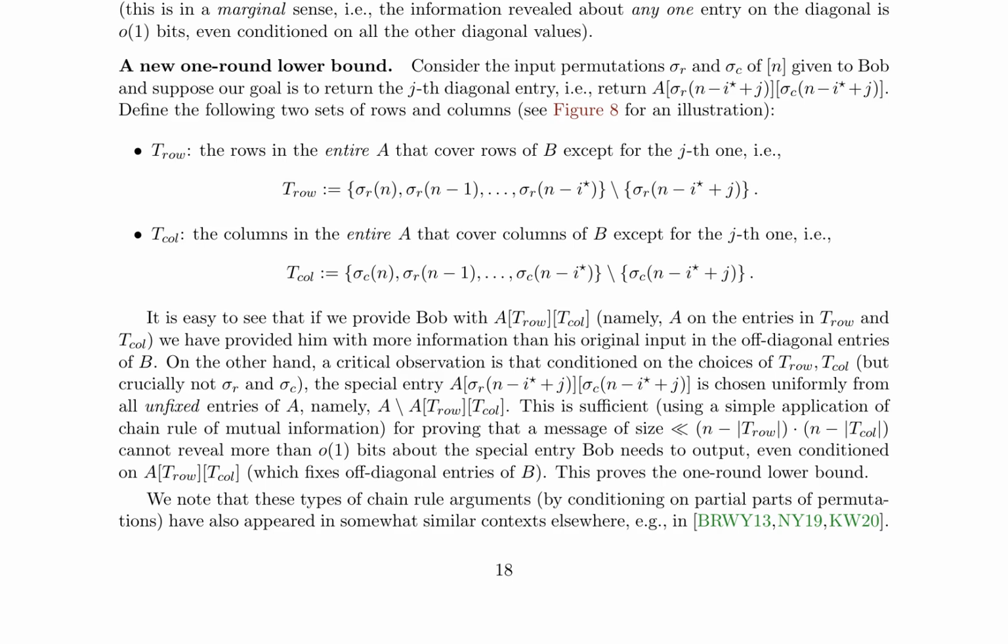The authors use information-theoretic arguments to prove the hardness of their instances, revisiting the one-round lower bound of [DK20], and providing a new proof that shows none of the diagonal entries of B can be revealed by Alice's message. They discuss the partitioning of the input, allowing Alice to insert all edges in B and Bob to delete all edges inserted by Alice in the off-diagonal instances, creating the inducedness property.